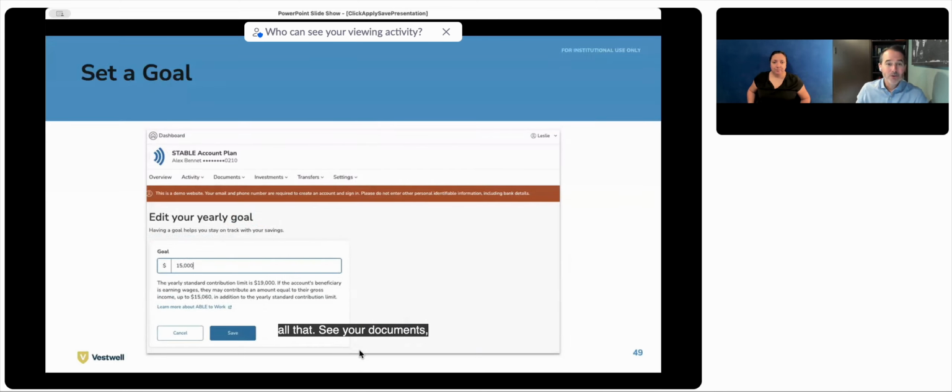This is an example of if you wanted to set a savings goal. Again, you might want to be saving for a special thing, a house, a car, schooling, or something as simple as a small trip to the town next door. You can do all that, and you can set your savings goal, and we'll track you along your way and show you how close you're getting to your savings goal. You don't have to do it, but we want to make sure that these savings programs are a true empowerment tool for you, and this is one way that we can do that. You can go to the next slide, please.